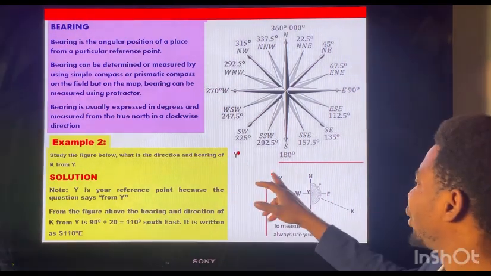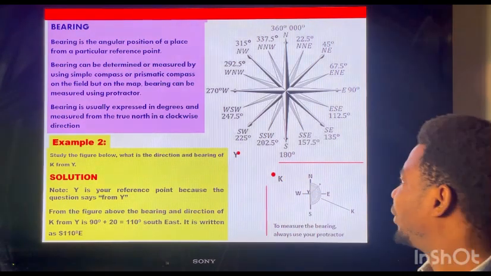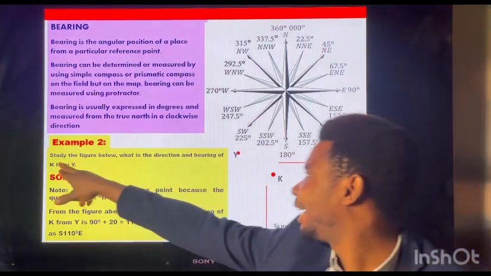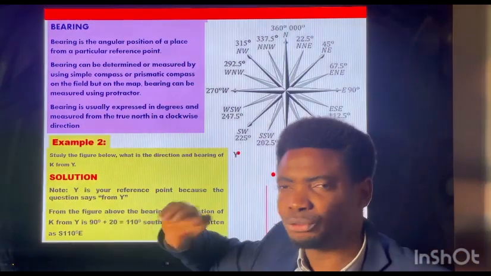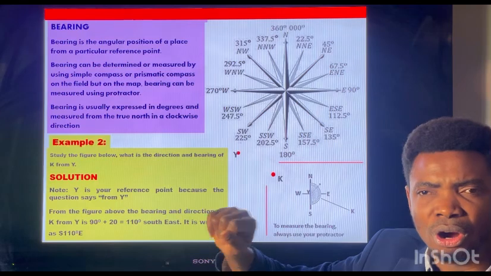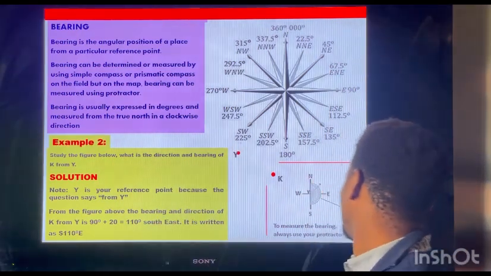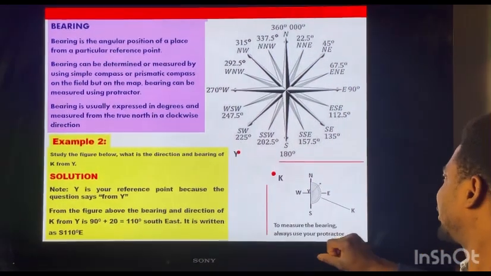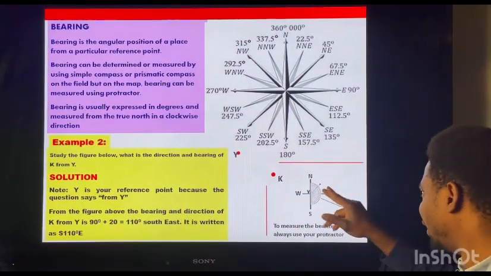this is your Y, this is your K. They ask you, what is the direction and the bearing of K from Y? So you have to put your cardinal points on Y. So when you put it on Y, which is this one, you put your 4 cardinal points here, and then